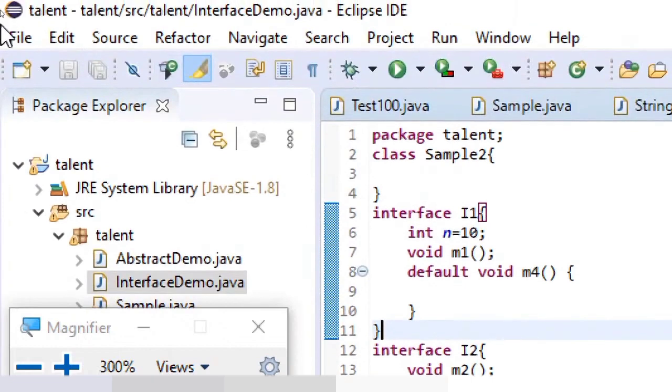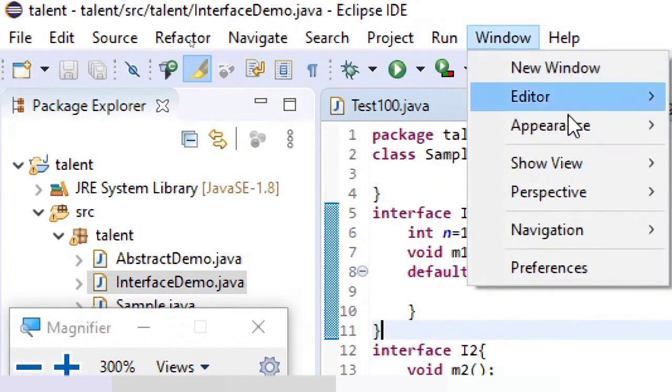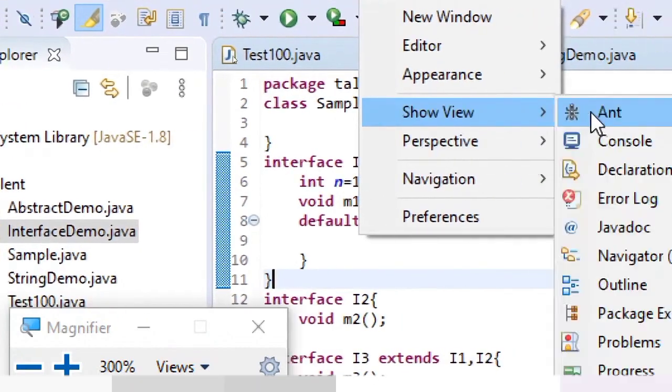So basically, when you open Eclipse, as I have mentioned in the very first introduction session also, you will create a workspace, and once the window gets opened, you will see so many other windows, and sometimes you may not be seeing this package explorer or the outline, all that. So what you can do is go to this window, and then go to show view, and